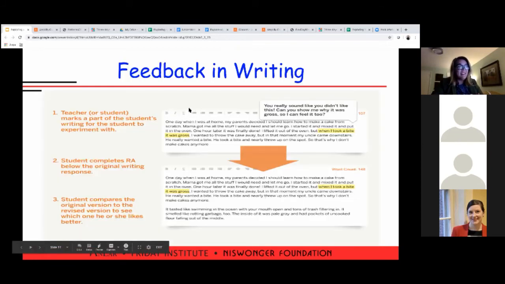This is just an example. I figured you would want to see what that would look like in writing. This is what feedback in writing looks like. The teacher or student marks a part of the student's writing for the student to experiment with. And the teacher comes in and says, you really sounded like you didn't like this. Can you show me why it was gross so I can feel it too? Student completes the writing assignment below the original writing response, and then is able to compare the original version to the